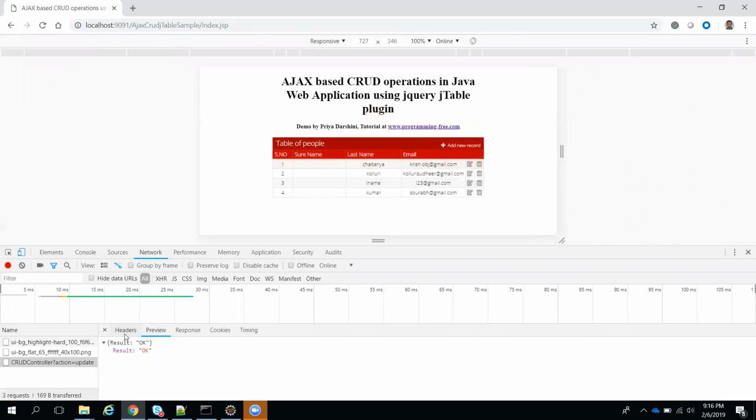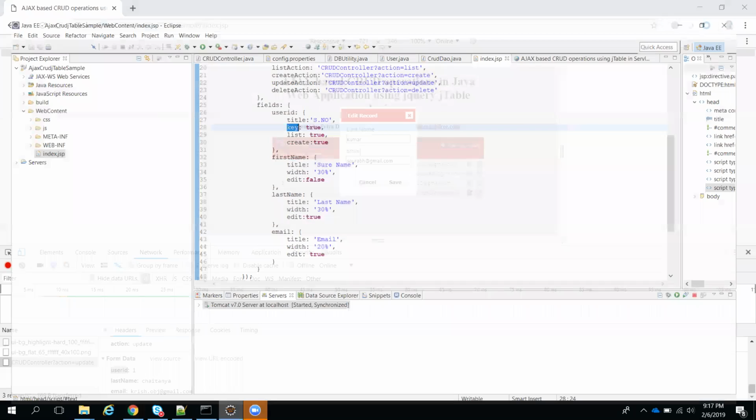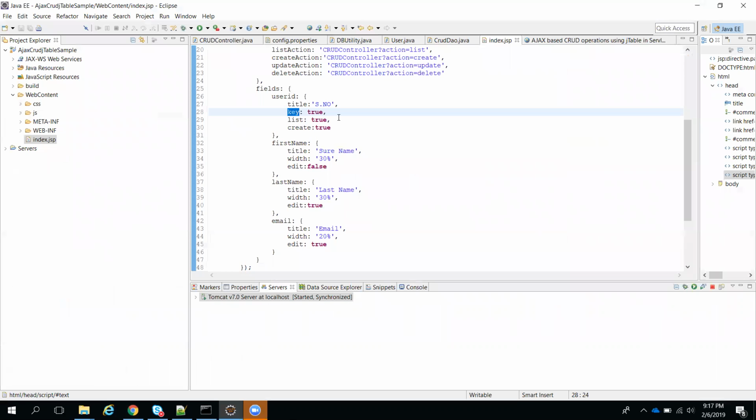Okay, and we can check how the request is sent. There is a request body, we can check it. Okay, so this is where we need to debug your Ajax calls and all. You see here, user ID equal to 1, last name Chaitanya, email. Okay, so all your form data is submitted. This user ID, how is it coming? Even when you click on edit, we are able to see only last name and email, but still user ID is going in the form. So that is the purpose of this key. Key equal to true means it is used as an ID, and it will be used for updating data. Okay, so that is the purpose of this key.